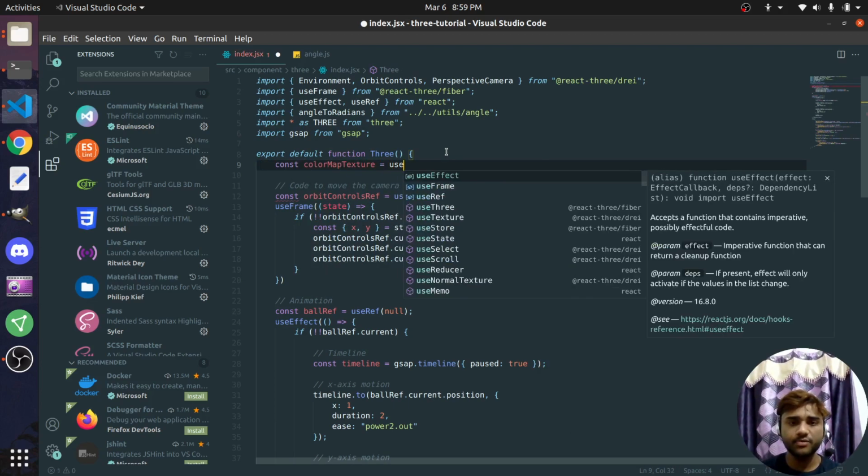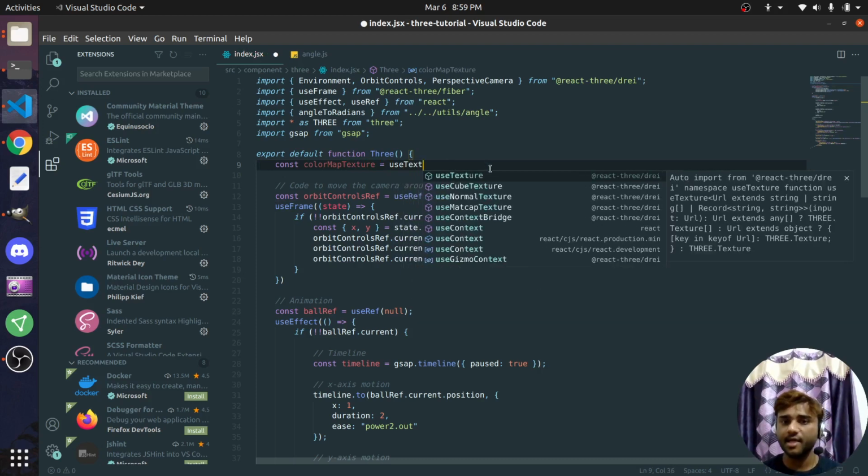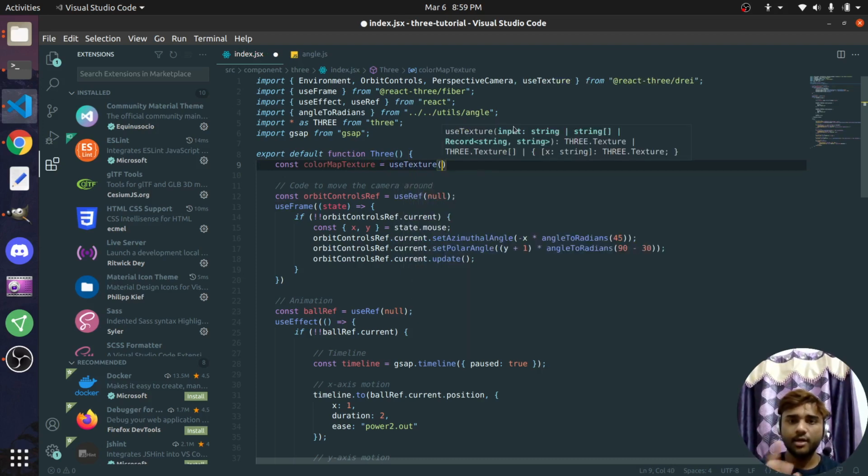You would use a useTexture hook from React-Three-Drei, like here. And all you would do is, look at this snippet here. It says that all you need to do is pass in a single input string or an array of strings. You need a single string when you are loading one texture. If you're loading multiple images at the same time, you can just pass in an array of texture image path locations, and what you would get back is also an array of textures that you can then